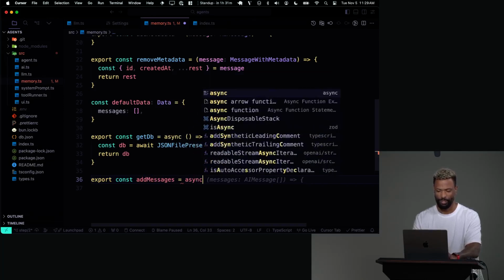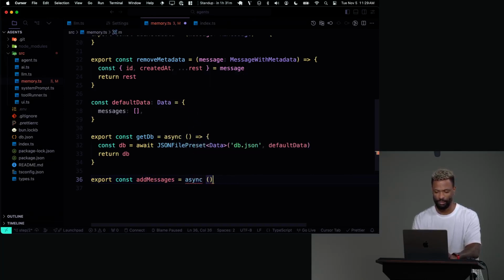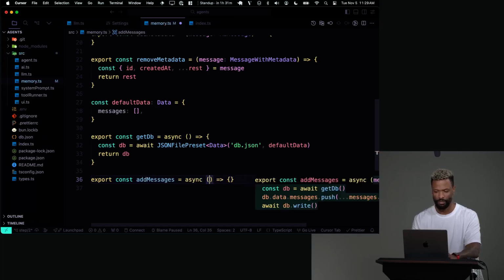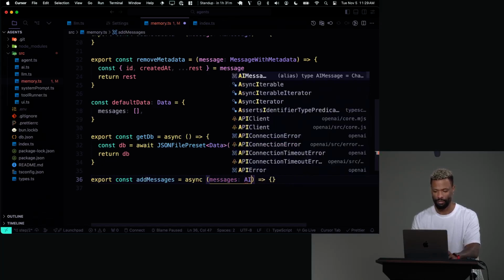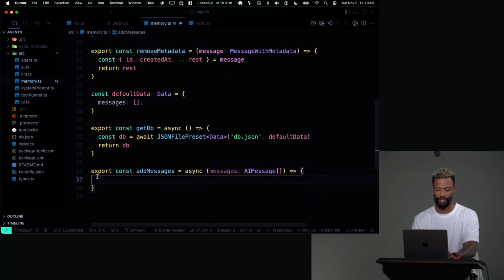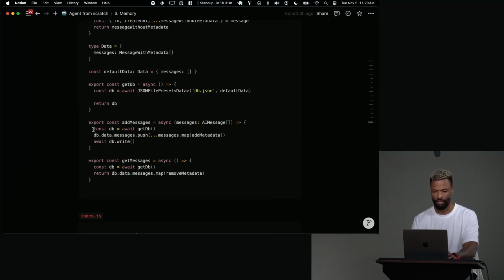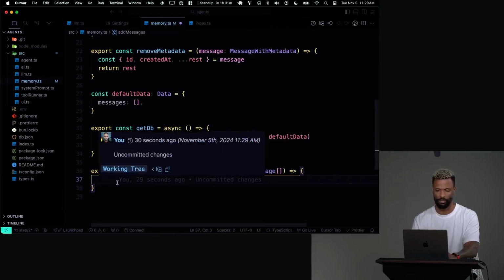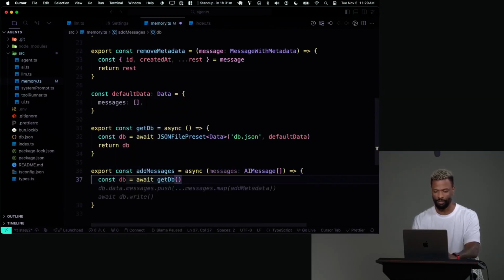Messages, it's going to be an async function that takes in messages, whose type is AI message, an array of AI messages like that. And then pretty simple, we get the DB, we push those messages into it, and then we call write. So let's do that. So we say DB equals await DB,